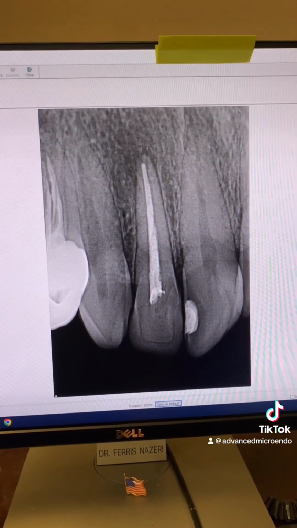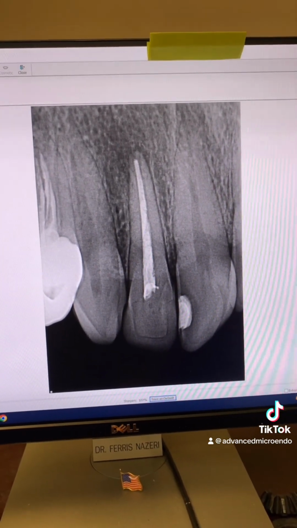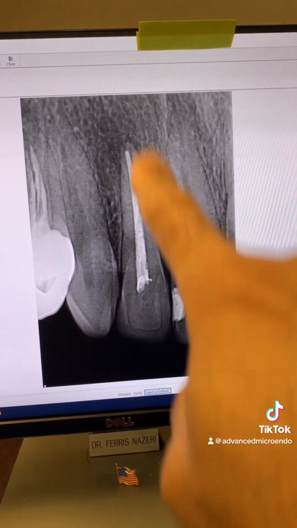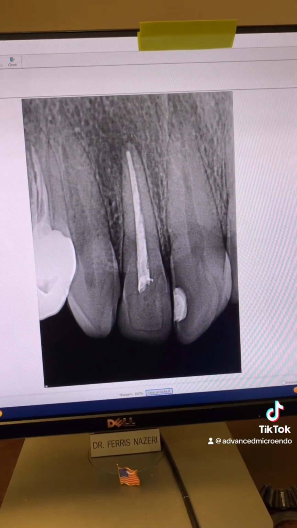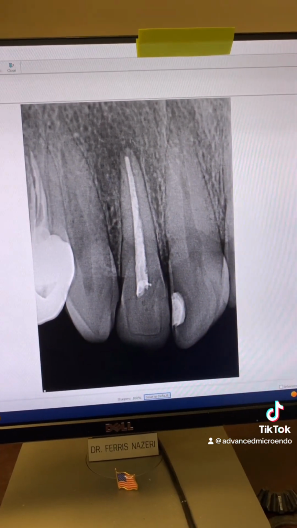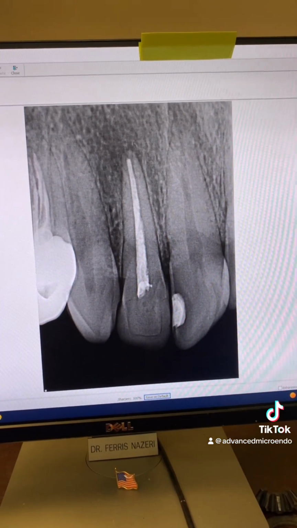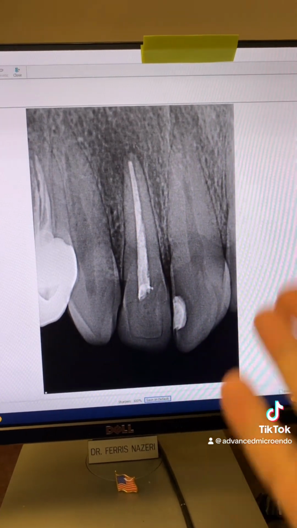Okay, so we're waiting. We called yesterday. The office was closed, so we're going to try him again today to get an X-ray of the tooth before he did the root canal. All right, so stay tuned. That's what we need to do. If he has symptoms, then I'd say we very likely need to redo the root canal. But because he doesn't have symptoms and this root canal was done just recently,